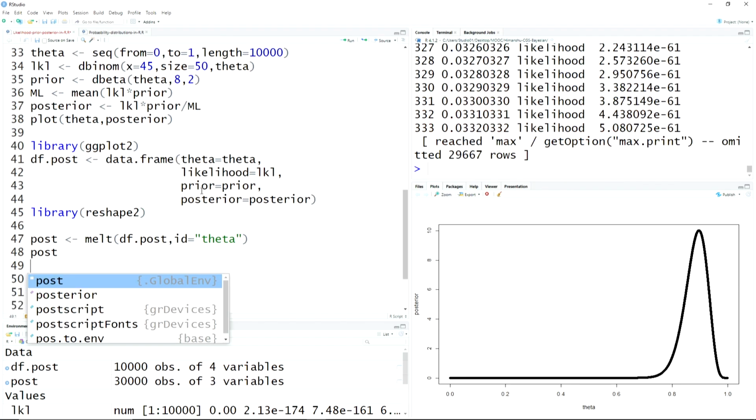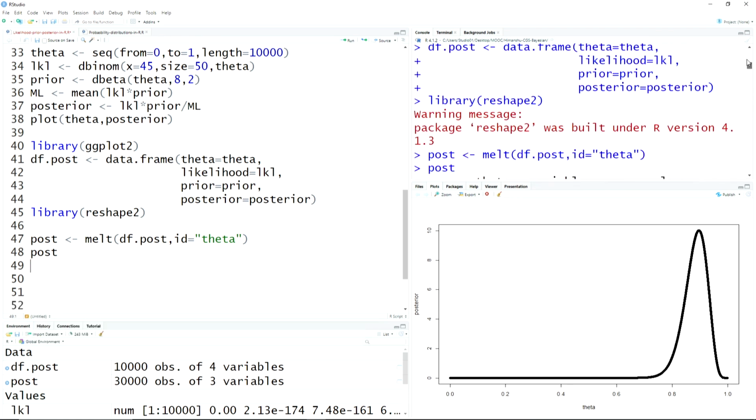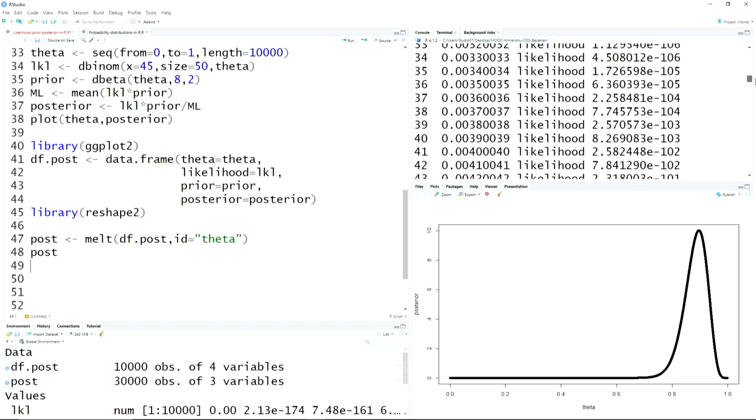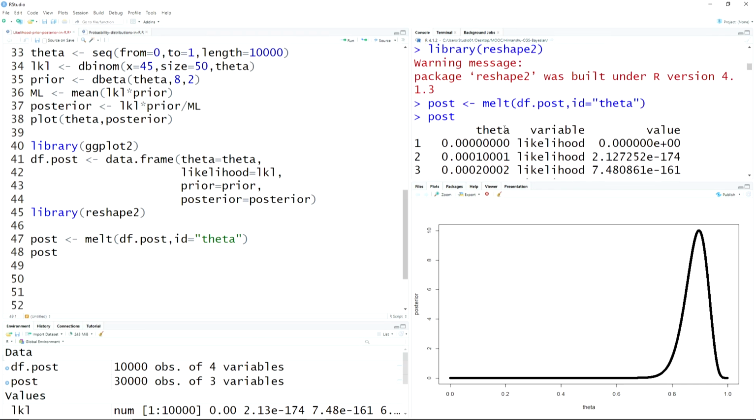Let me show you how it looks. So this will actually look like this. So theta and the corresponding variable, likelihood, and variables would have posterior, prior as well, and its value, right? So it would be useful for plotting this in ggplot, right? So let me plot this. So ggplot